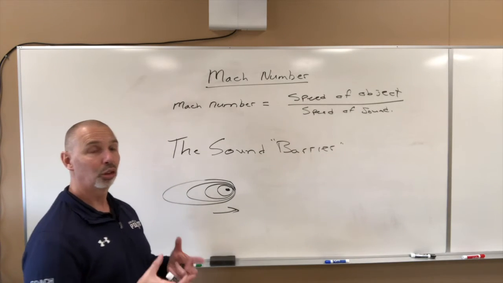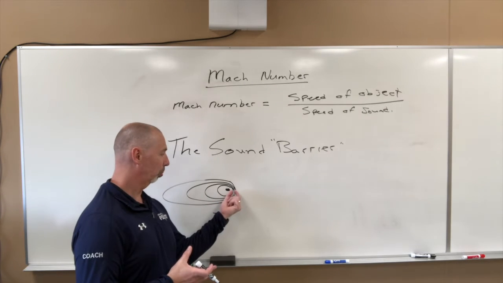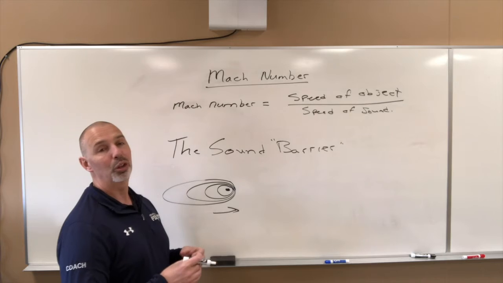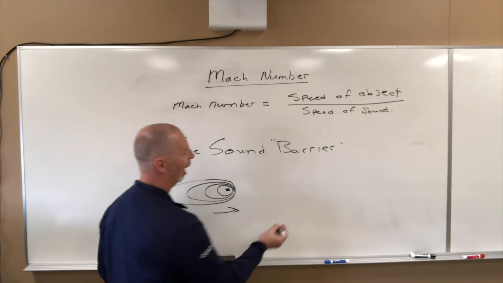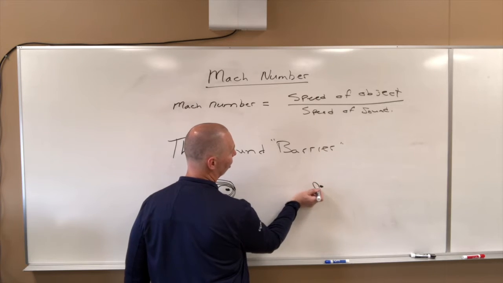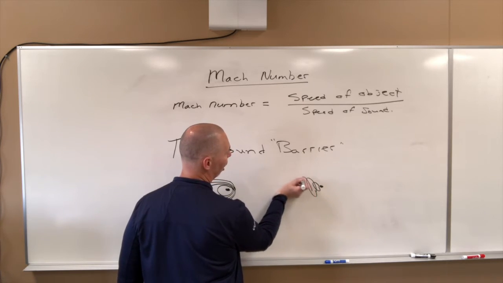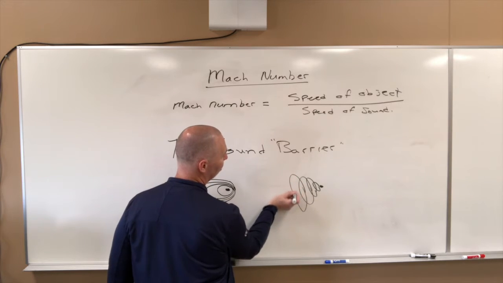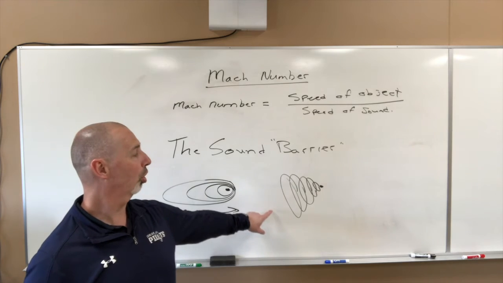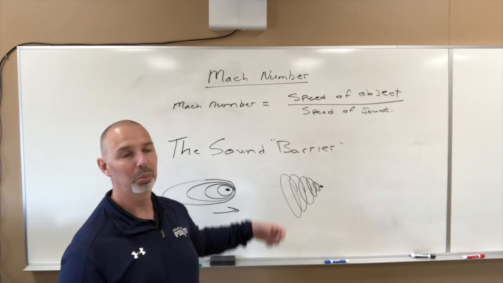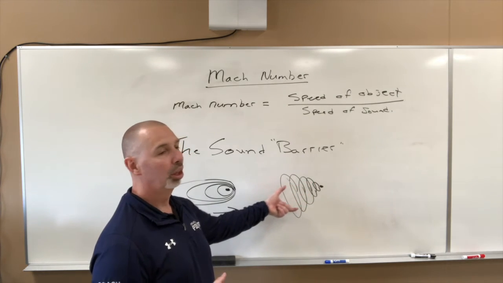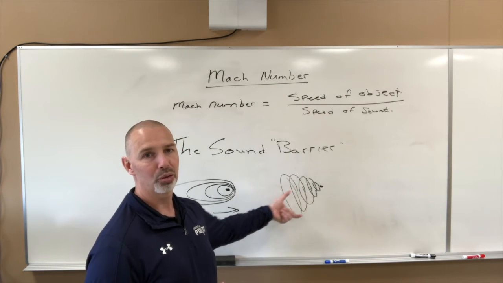Now as you get to the speed of sound, this gets more and more bunched up in the front here, and then when you go faster than the speed of sound, you get in front of the sound, and you get these overlapping circles behind it. That's called a supersonic wave. There's a lot of energy in these waves, because now we have crests and troughs forming super crests and super troughs in behind here.